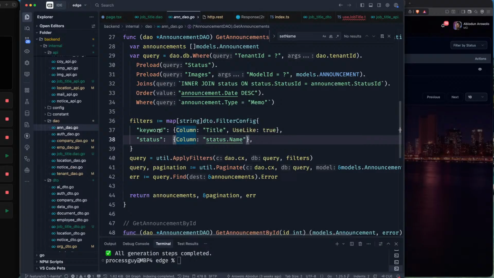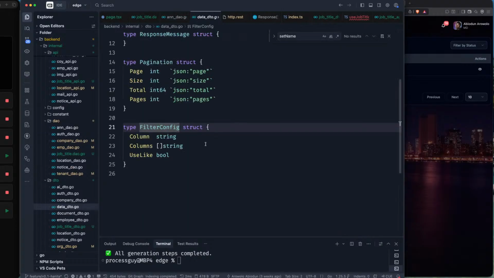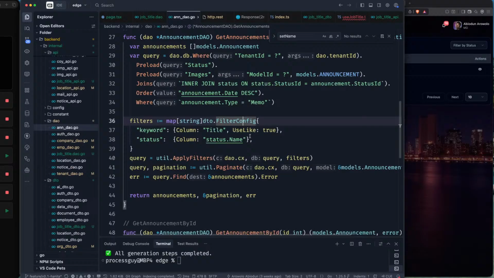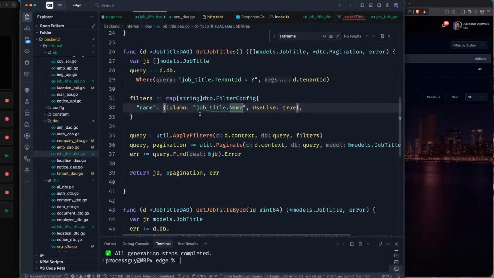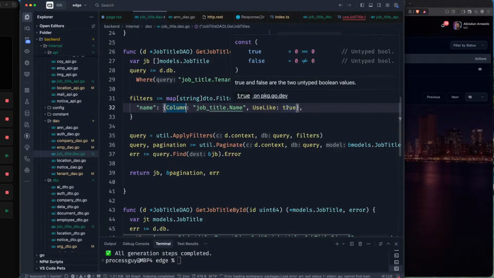There's a way to specify multiple columns. Let me look at, yes, you have to specify columns. I actually need to document this very well for proper usage. So if you want to query more than one particular column and you want it to be dynamic,